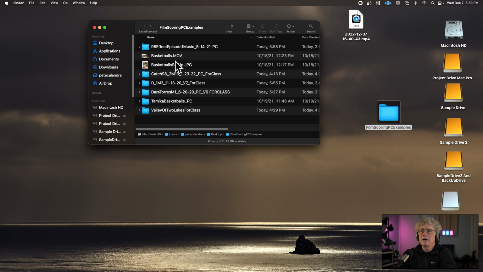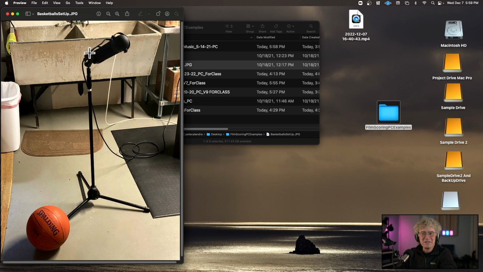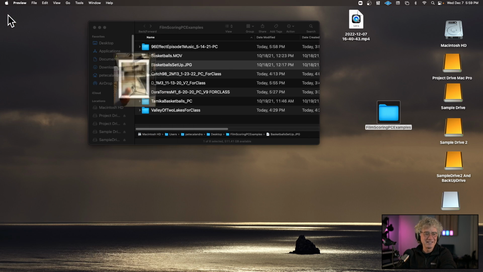So the first thing I wanted to do is to start to create my own sound palette. So I'm in the basement of my house, and I've got a $2,500 microphone to record a basketball, which is kind of ridiculous.